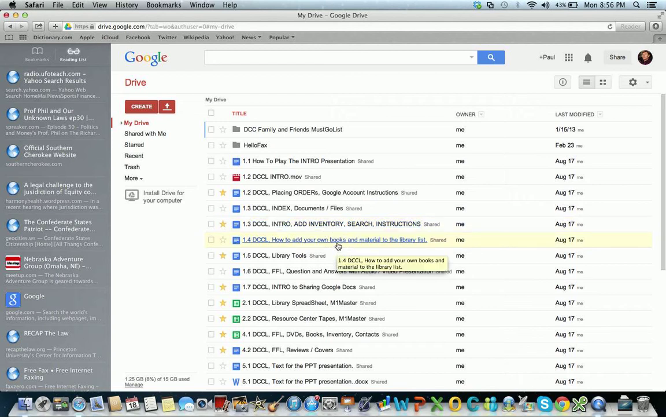Here's another one, how to add your own books. Here's some library tools, all self-explanatory. Some of these things don't have hardly anything in them yet, but we'll be adding things as time goes along. We have a question and answer thing here for commonly asked questions. We have an intro into sharing Google Docs,